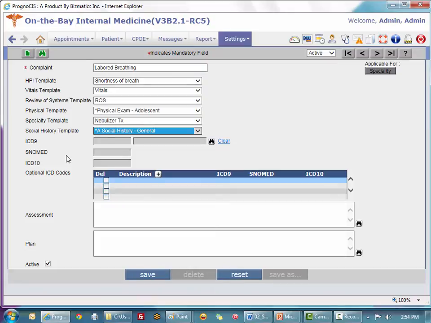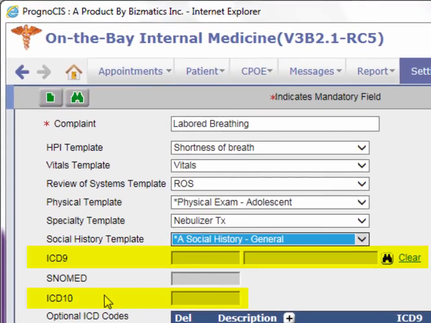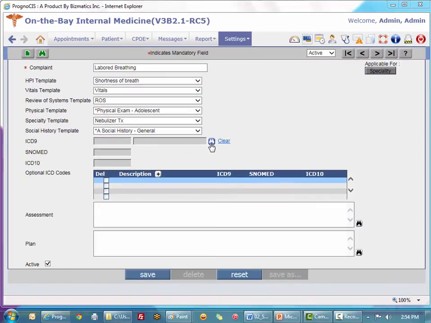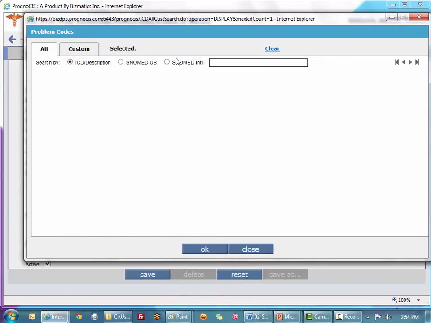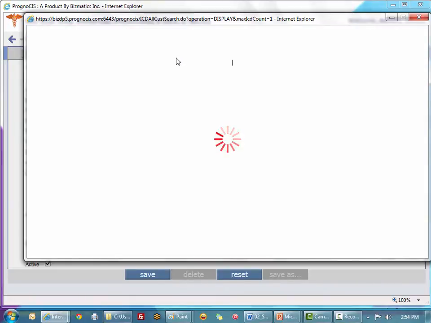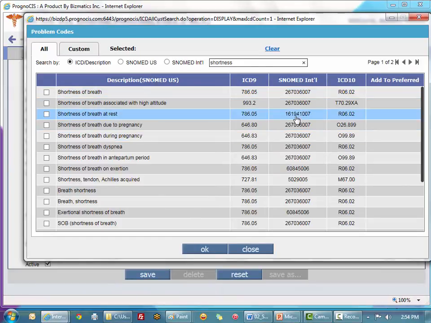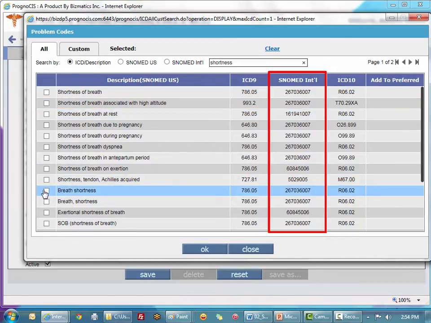The same logic is true of your diagnoses. Now, since we are ICD-10 ready, you'll notice we have both ICD-9 and ICD-10. We have the one master search associated with the ICD-9 field because currently ICD-9 is what is still active. And you can simply go ahead and search for whatever diagnosis you would like to default for your labored breathing diagnosis. And in so doing, you will find that it comes in with an associated SNOMED code as well as